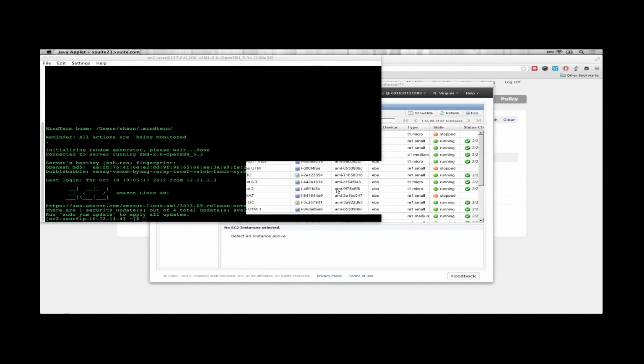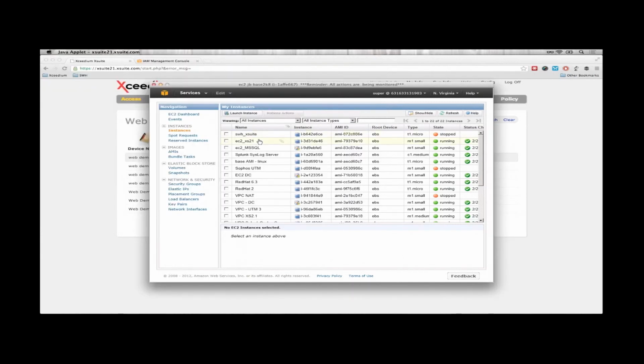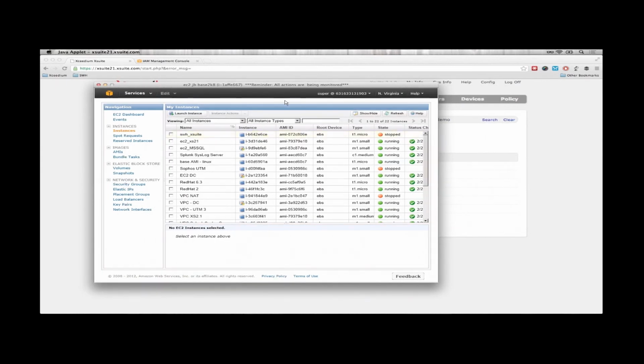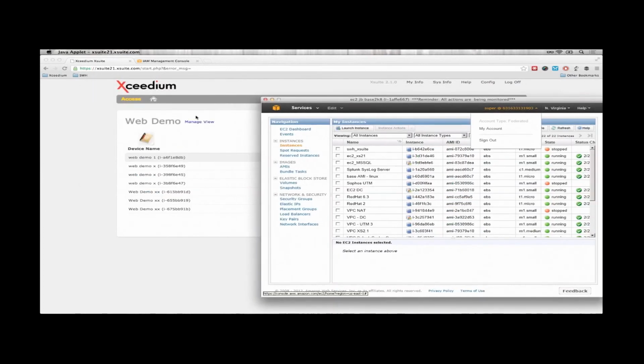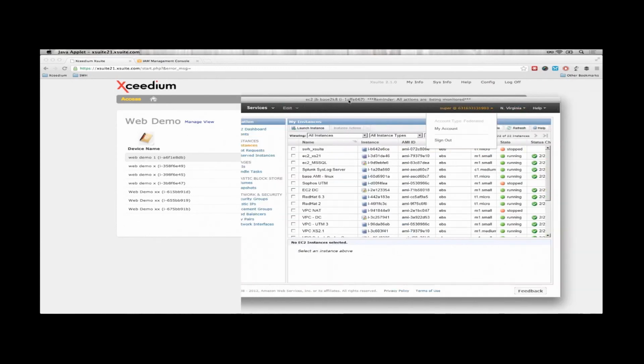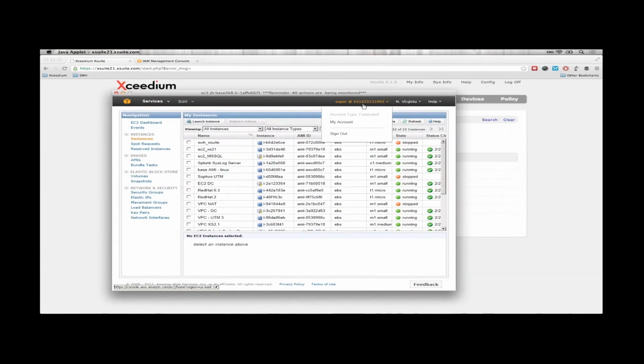Now, one last thing I'd like to talk about with a third level of integration that we've done. Notice, if you will, that when I'm looking at these instances, I've got a username up here. It's called super@613-633. You know, it's a token number that we're using that's automatically generated by the system. I'm actually logged into Xsuite. If you remember, I'm logged into Xsuite with the super account. However, what I'm doing here in this environment is actually using a temporary or ephemeral credential to access this particular